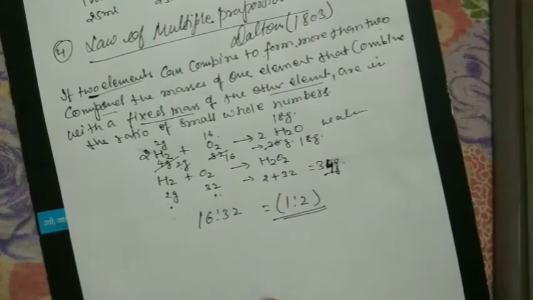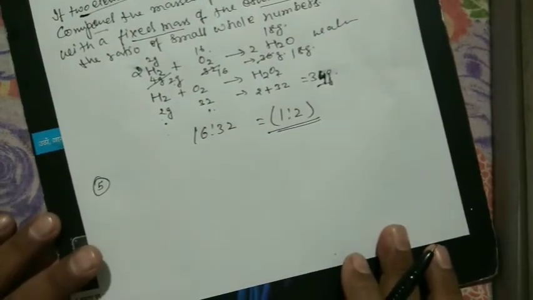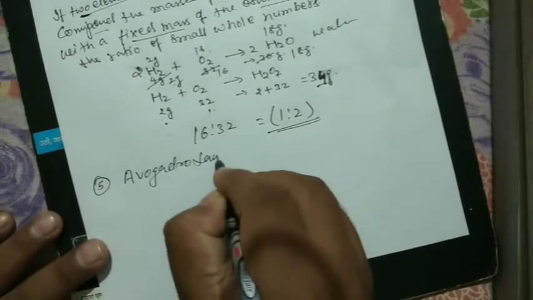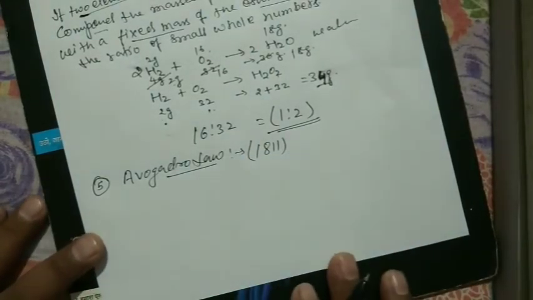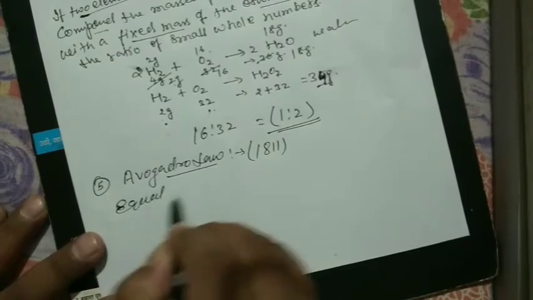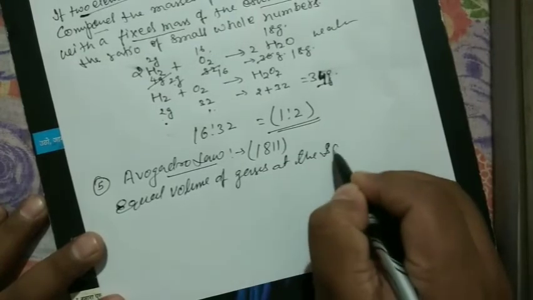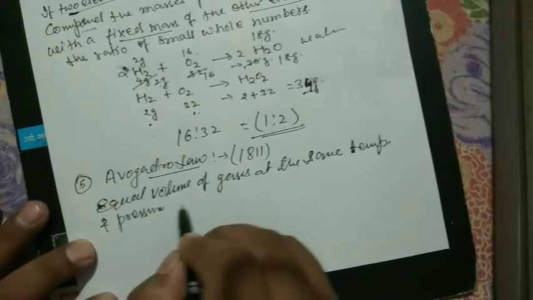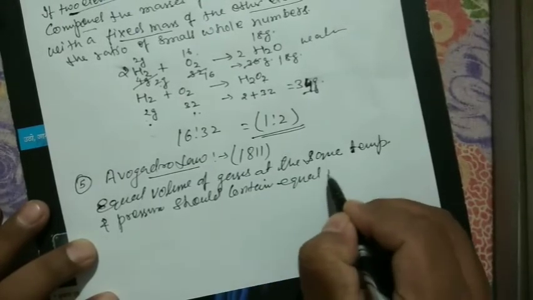Okay. Let's discuss our fifth basic law. The fifth one is called Avogadro's law. Avogadro's law was proposed by Avogadro in 1811. According to this law, Avogadro proposed that equal volumes of gases at the same temperature and pressure should contain an equal number of